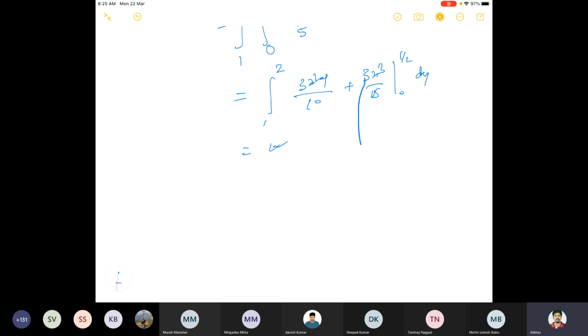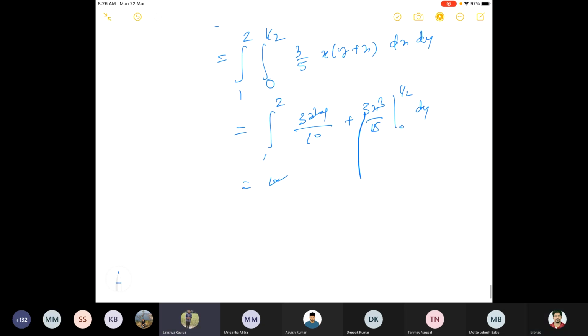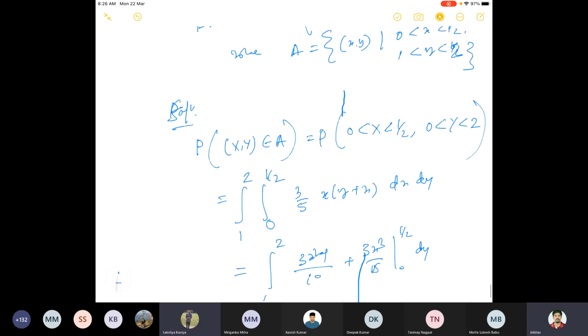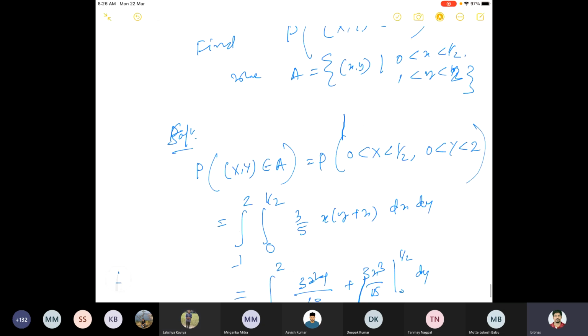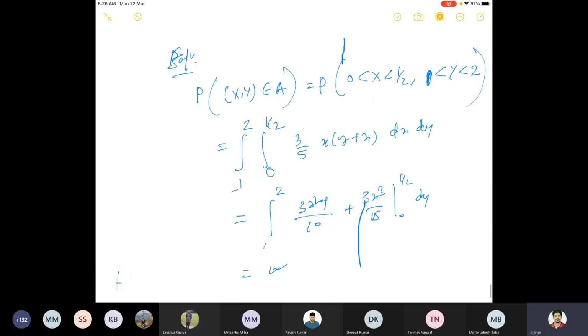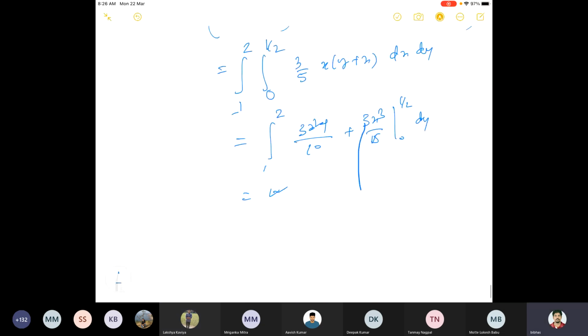The limits for y, was it 1 to 2? I wrote 0 to 2 earlier, but here I wrote 1 to 2. Anyway, let's say it is 1 to 2, whatever the domain is. Now there is a catch here. Sometimes we say, okay,